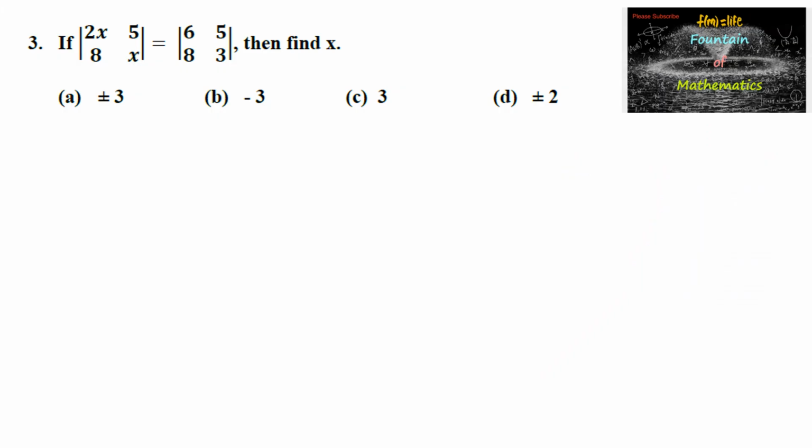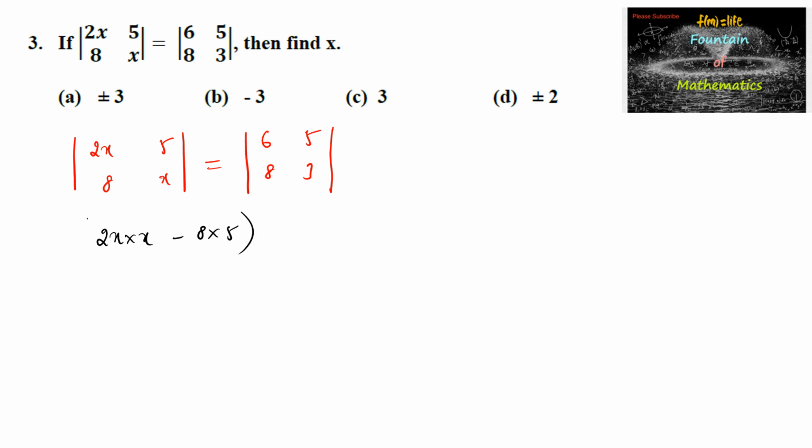If the determinant of the matrix [2x, 5; 8, x] is equal to the determinant of another matrix [6, 5; 8, 3], then find the value of x. Let us find the determinants separately. We'll get here the determinant on the left side is 2x into x minus 8 into 5, which is equal to 6 into 3 minus 8 into 5, that is 2x square minus 40 is equal to 18 minus 40,